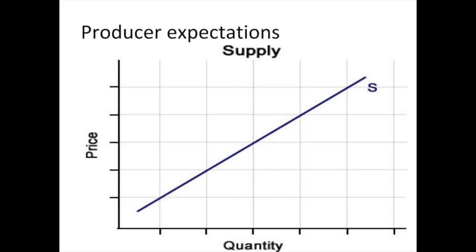Our next shifter is future expectations. With businesses wanting to maximize profit and revenue, they need to pay attention to what is happening currently and what may happen in the future. The best way to describe the shifter is through an example. Alright, so I am the CEO of an oil company. Currently, we are producing 100 barrels of oil a day at $65 a barrel, making $6,500 a day. It is projected that next year the cost of oil is going to increase from $65 to $100 a barrel.